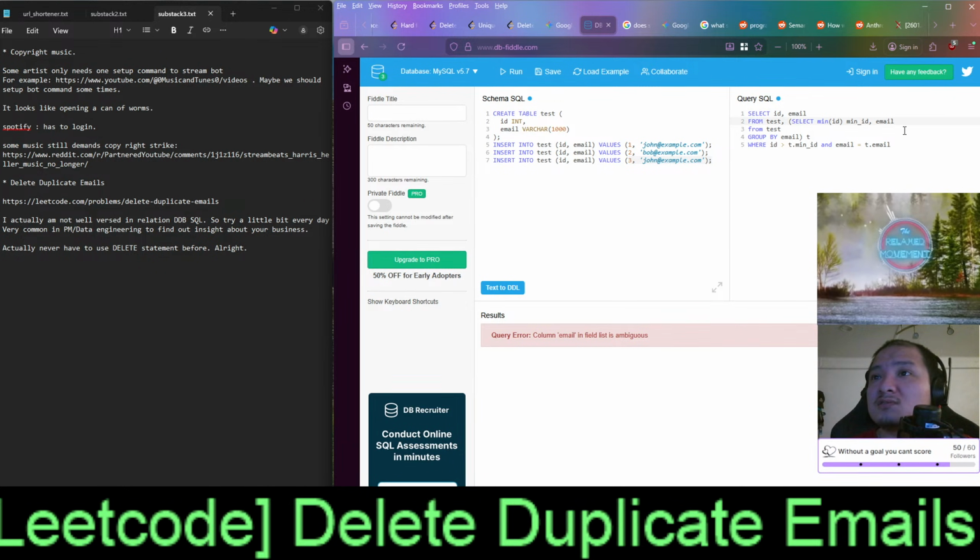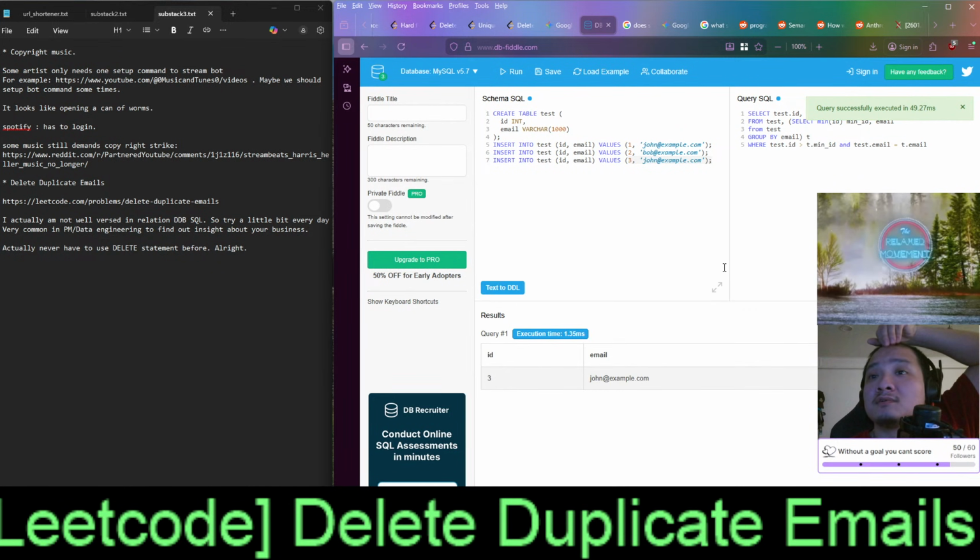Okay, so let's just do this. Column email, okay. Test.id. So test.id greater than t.main.id and test.email equal that. Yes, so we produce this. So then we just need to issue the delete where the ID equals that.